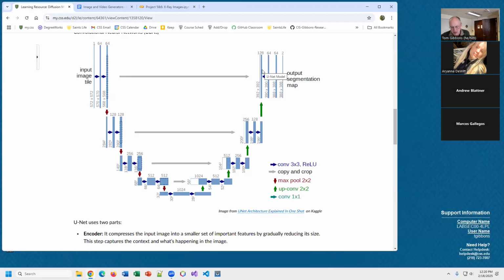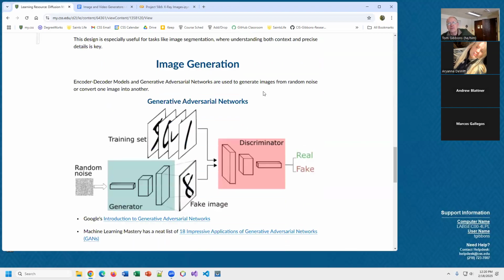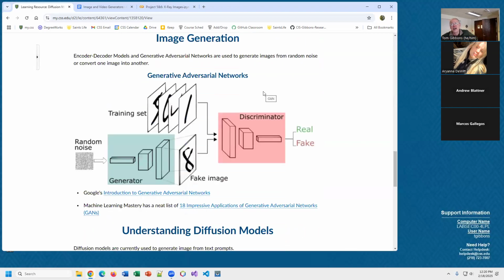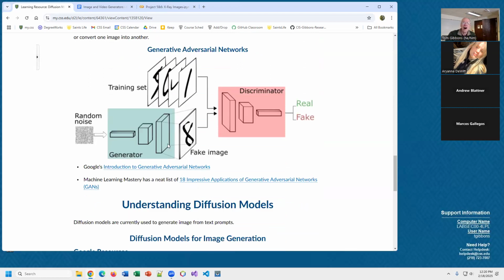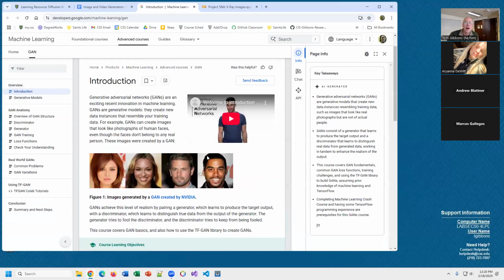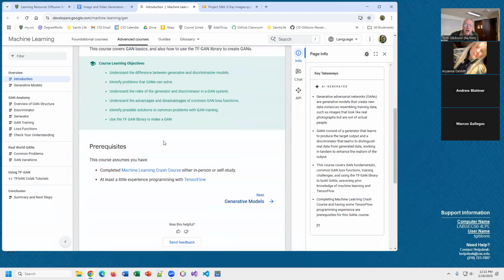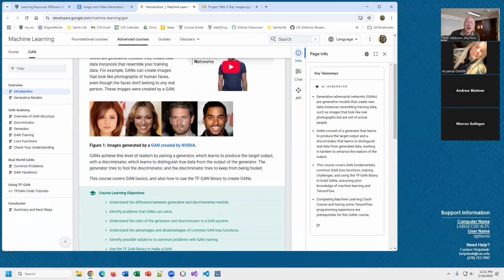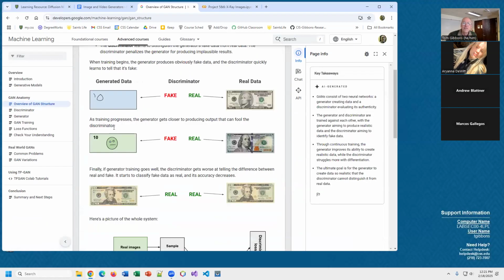But what if we want to generate new images? So the first attempt for this was called Generative Adversarial Networks, GANs. This was a cool idea. It was really fun to see. Again, there's a whole Google course on GANs that you can walk through as part of an explore activity, where they're talking about generating images like this, and they talk about this whole structure of the GANs. And the idea is that, well,